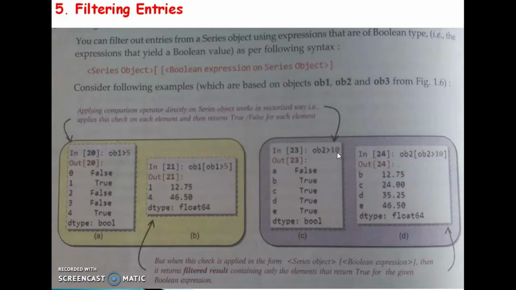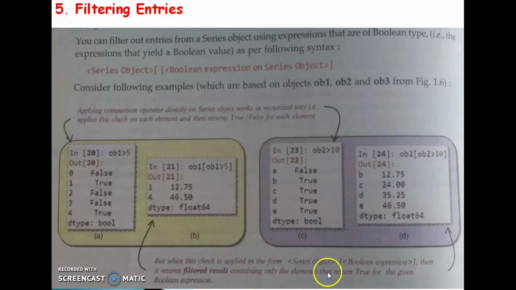So it applies this check on each element and then returns true or false for each element. Okay, clear? Then how can we apply this filtering entries to this series object? When this check is applied in the form of series object within the square bracket, I specified this Boolean expression. Series object, then square bracket, Boolean expression. Then it returns the filtered result